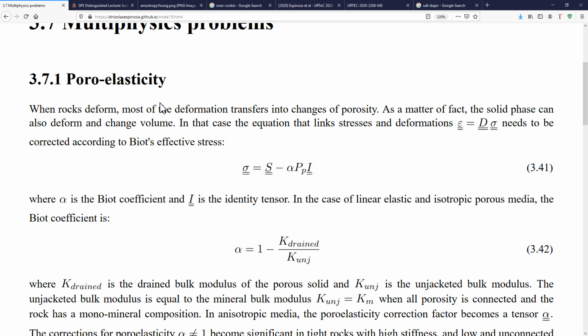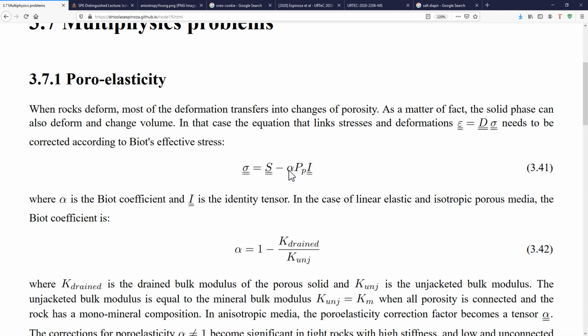The theory of poroelasticity goes a little bit further, and it postulates that the effective stress is not simply just the total stress minus the pore pressure, as what we have been doing so far, but also depends on